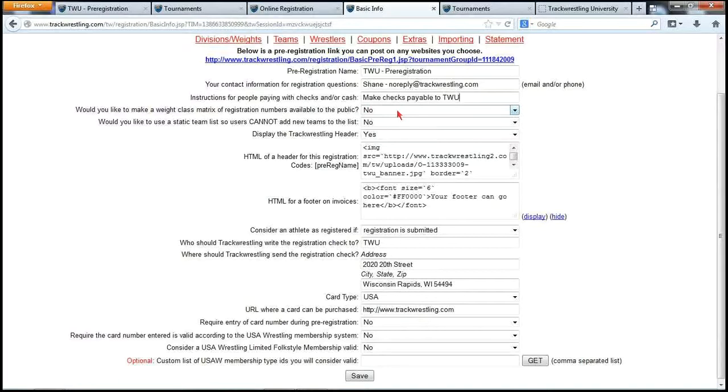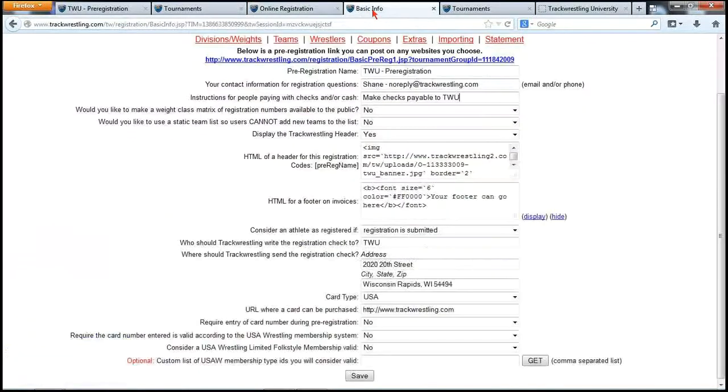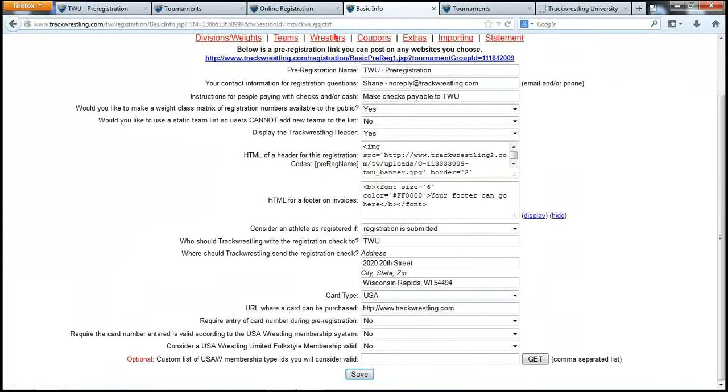This matrix question comes up quite a bit, and I'm going to go back here and show you. Right now I have it set to no. So if I come here, you'll notice that this matrix is set to no. There's actually two things here that people ask about quite a bit: the matrix and the wrestler list. If I come back, and again I apologize for jumping back and forth, it's just how this system works, and flip this to yes, and save this,